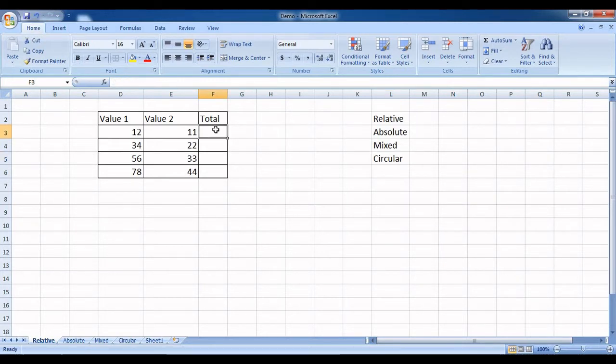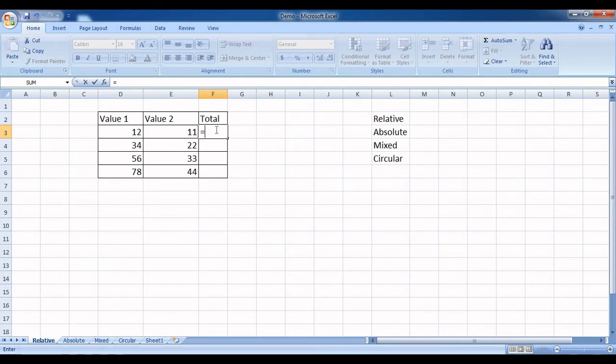Our job is to add these numbers, and we all are well aware of how to add, subtract, multiply, or divide. We all have learned basics of functions or formulas. So let me add these 2. Now, the basic principle is we have to start each and every formula or calculation with the equals to symbol. After putting in equals to, MS Excel understands that you are trying to calculate any data.